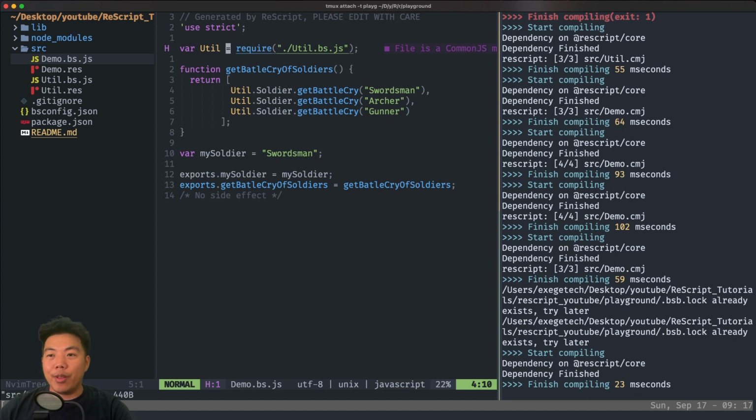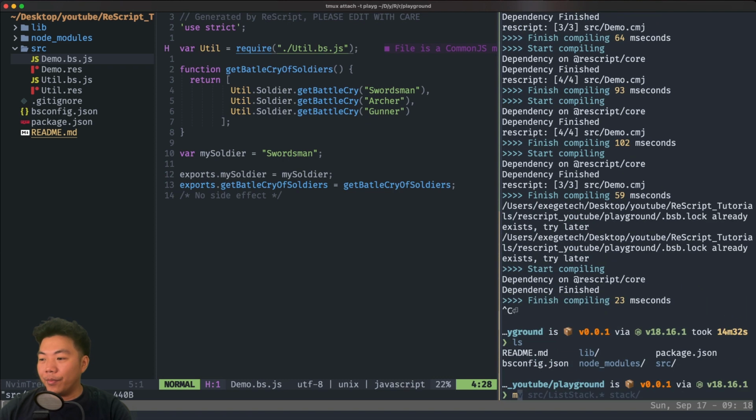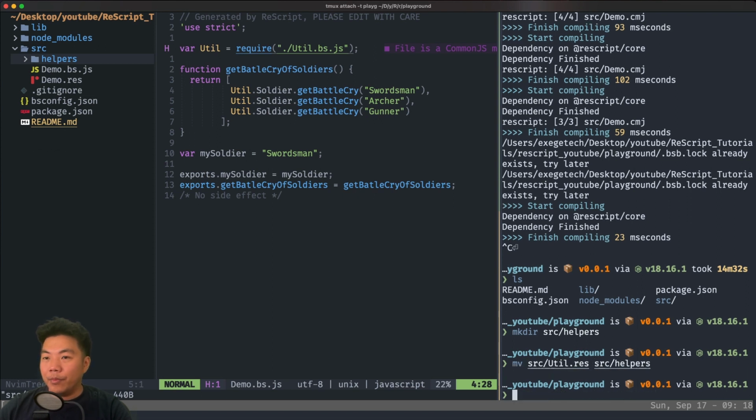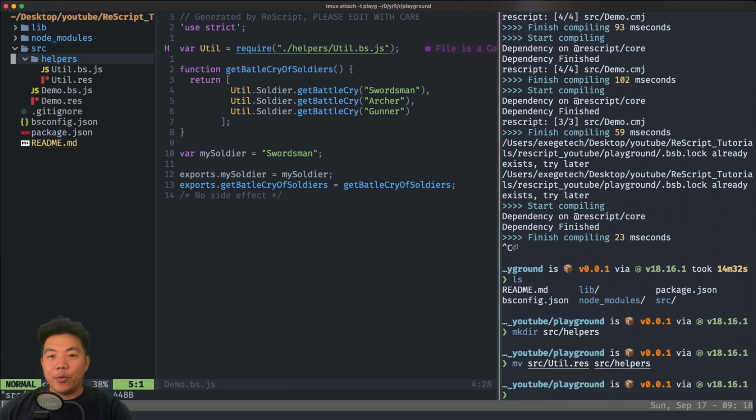So we see here that the demo file correctly requires the util file. What happens if we move the util file inside a nested folder? Let's try that. So we have moved the util file inside the helpers folder.